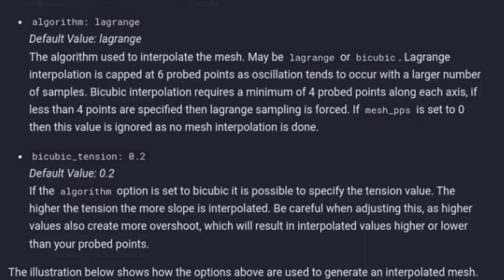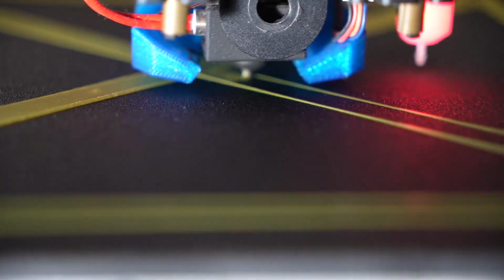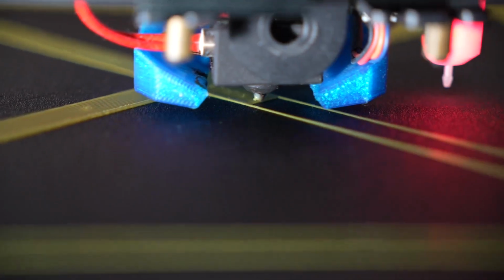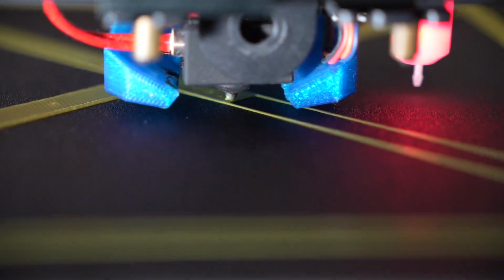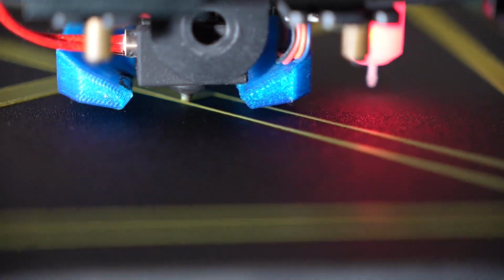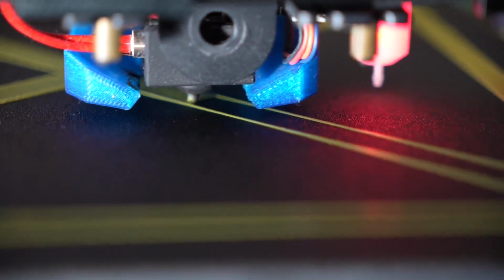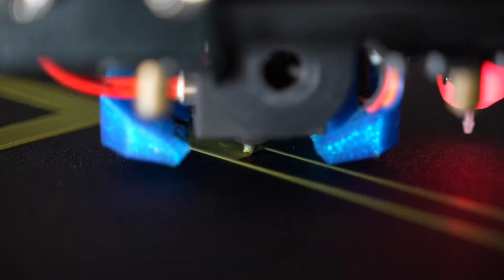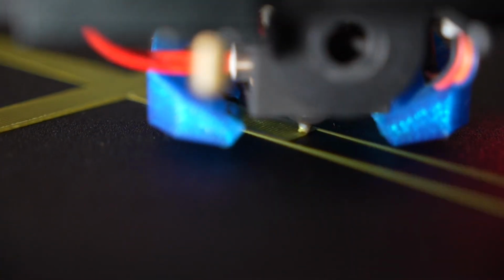When to use each one? Lagrange, if your bed is mostly flat with small deviation, or if you prefer a quicker solution with less computation overhead. Bicubic, if your bed has more significant warping or unevenness, or if you want the most accurate possible mesh for first layer precision. Ideal for large beds or those with unpredictable deviation that need finer adjustment for perfect first